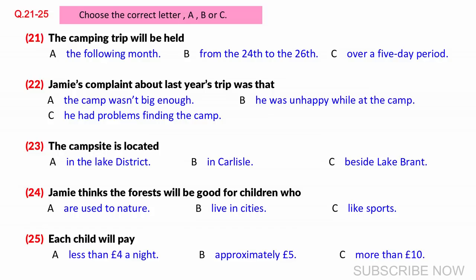Well, I've been thinking about next month's camping trip, the one for Year 10. Yes, we've got it scheduled for the 23rd to the 26th, if I'm not mistaken. Actually, I think it's the 24th to the 27th. Let's just check. Oh, right. Yes, you're right. So... Well, I've been thinking about how we might possibly make this year's event even better than last year's. Not that last year's wasn't great, but...